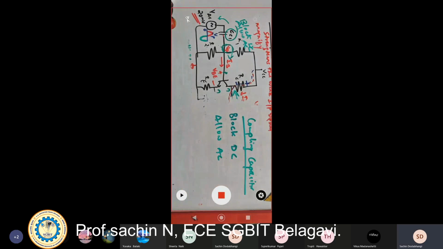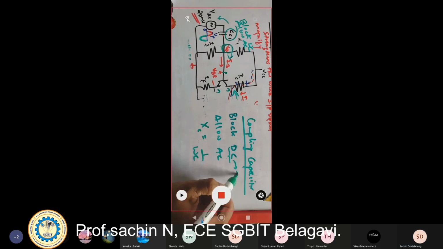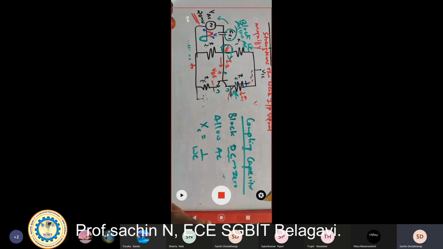That is the function of a capacitor, right? So if there is any DC present, what is the capacitor reactance? Xc is given by 1 by omega C. DC means what? It is nothing but zero frequency. A zero frequency signal is called DC.